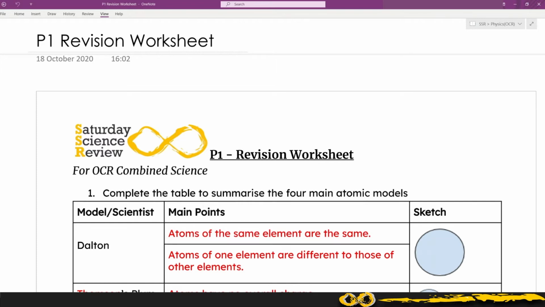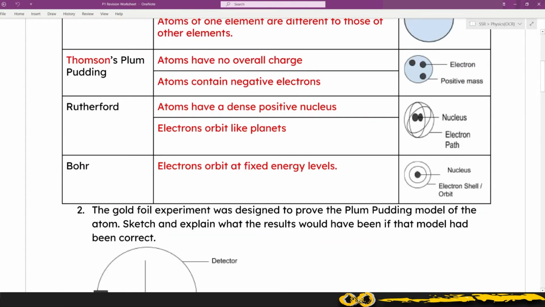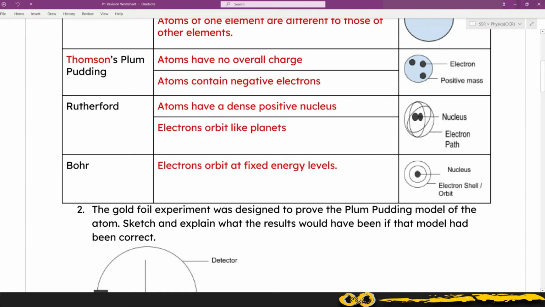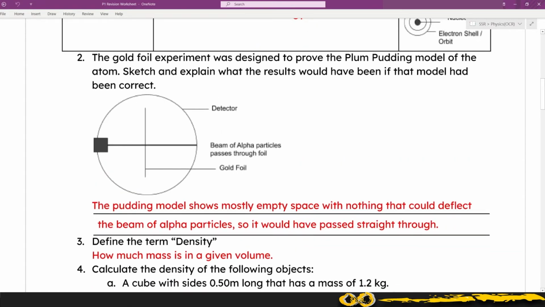The worksheet and the topic start out with the atomic models, which we've seen before in chemistry, but in physics there's a particular focus on the experiments, including, for example, the gold foil experiment. Remember to read the question carefully, as it's possible they'll ask you what the experiment was expecting, as they've done here, or we could also ask you what the experiment did actually show and why they concluded the things that